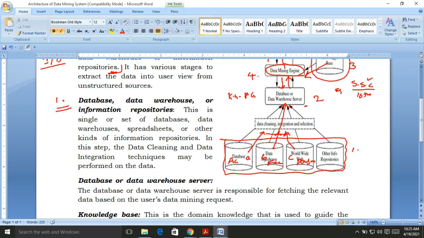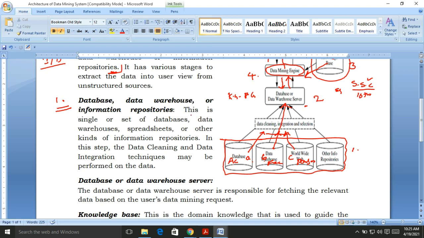Where we store the data: in the first phase the data is stored in either a database, a data warehouse, the cloud, the World Wide Web, or other kinds of storage devices.